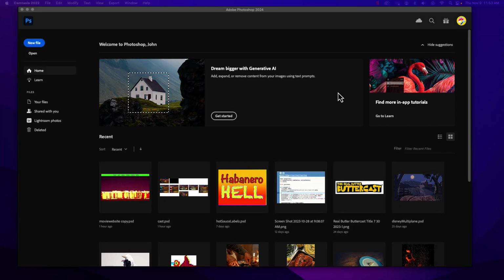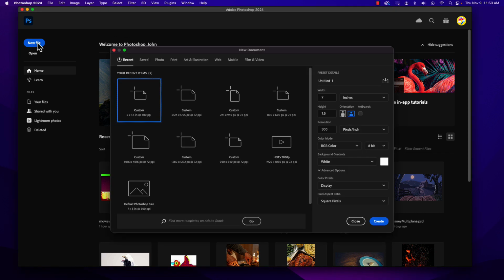Welcome. In this tutorial we are going to look at using Photoshop to create the artwork to bring into Figma to create a movie website prototype. So the first thing that we want to do is to create our new file inside of Photoshop,